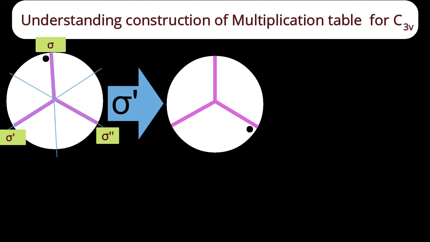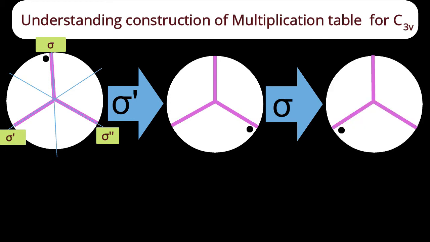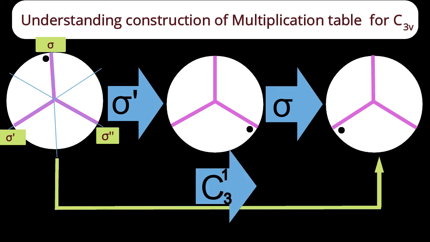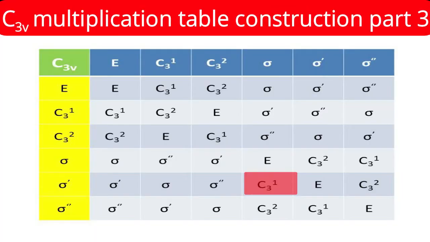On this molecule, let me perform the other reflection operation, that is sigma. Due to which, where will the knot shift? The knot will come to the left side, but where? The bottom portion of the left bar or the upper portion? Bottom portion. Yes, now this resultant structure, how can I obtain it from the original structure? It is possible only and only because of the C31 operation. So what's the conclusion? Sigma dash into sigma is equal to C31. Our multiplication table also reveals that sigma dash into sigma is equal to C31.